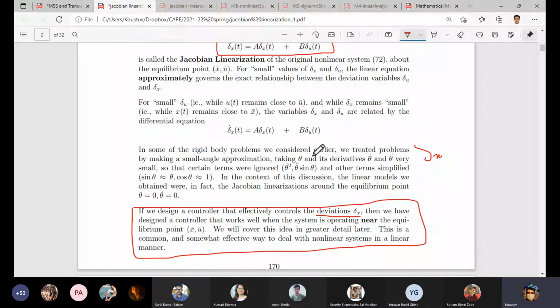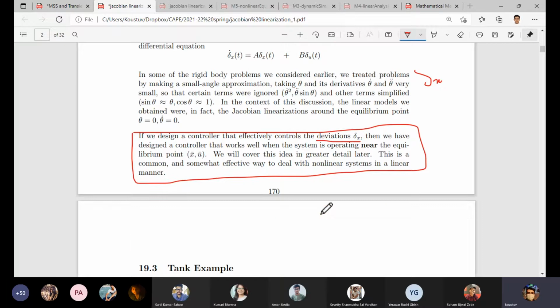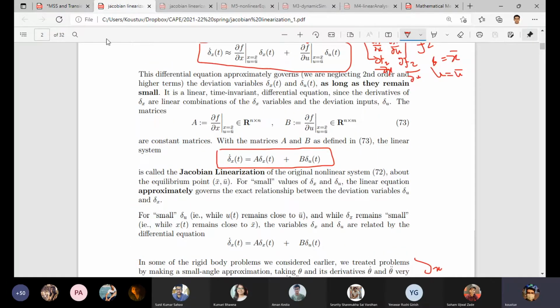So if we want to operate at some unstable steady state point, we need a controller to take some actions. Whatever deviations have occurred, it will try to act upon them, to restore the expanding term, delta x with its derivative term, so that it goes back to that steady point. So this analysis also has the implication that if we want to design a controller, then this linear variation with respect to time of the deviation variable is required. Okay, so just keep this in mind, then more understanding will be obtained.